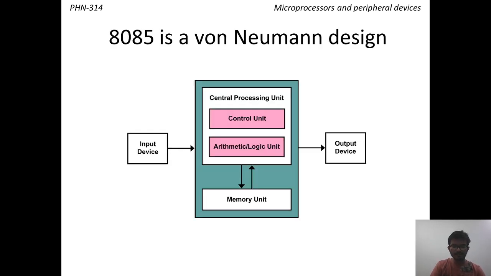Let us see the basic components. The microprocessor is a programmable device and has a set of instructions stored in a memory. This set of instructions is used by it to manipulate data and to communicate with the peripherals, that is the input and output devices. The green box that you can see on the screen can be considered our 8085 microprocessor.